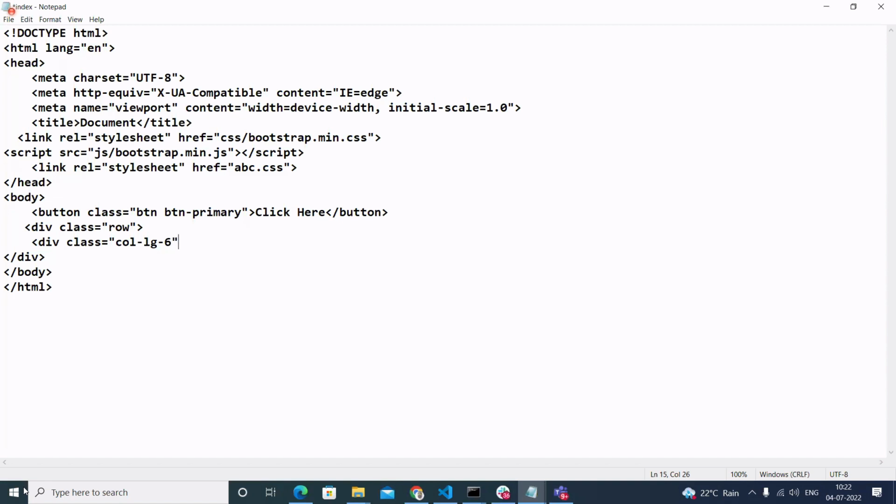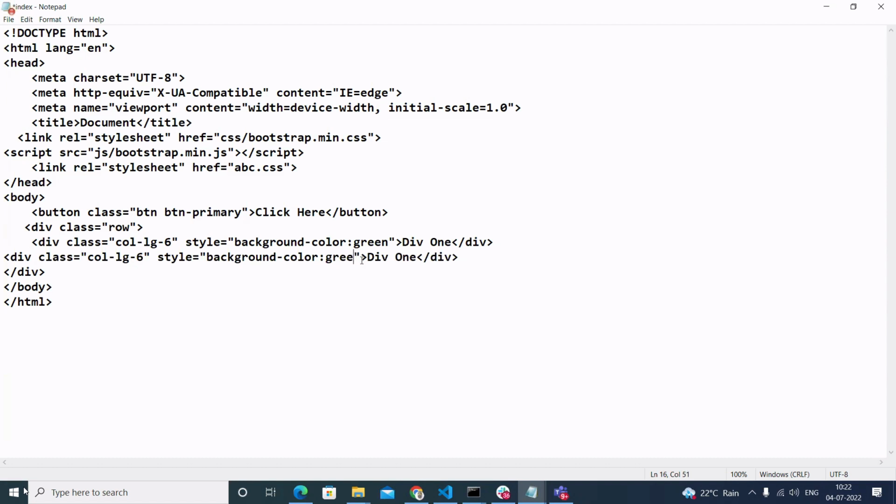Okay, and we have something written over here, div1, and close this div. Give some color to this, style equal to background color, suppose green. I'll copy. Now I have another column div and this one is, suppose, blue. Okay, now if I do Control S and run this file,